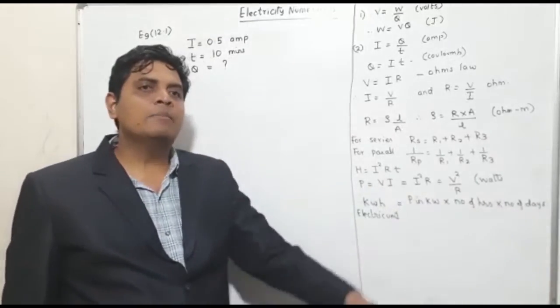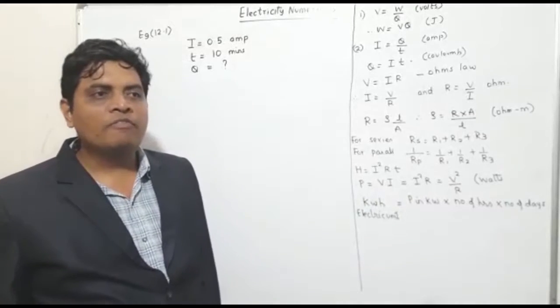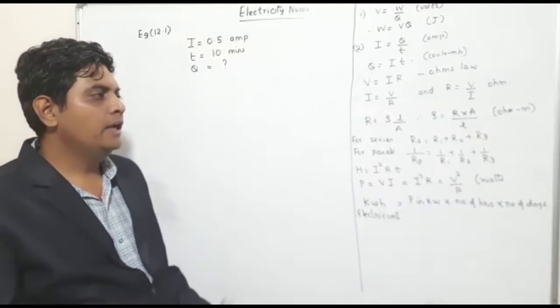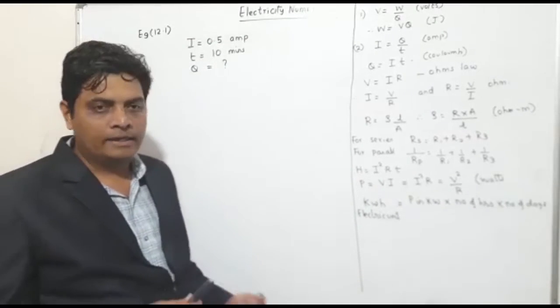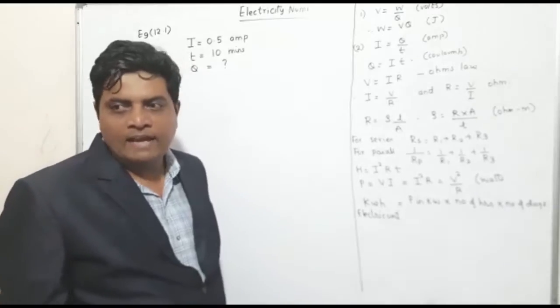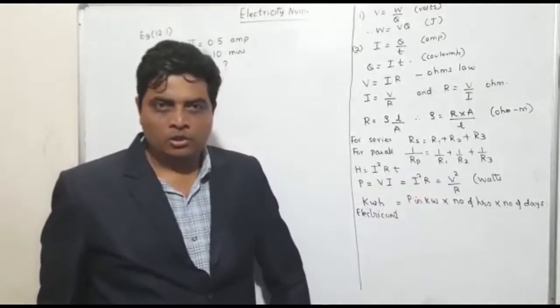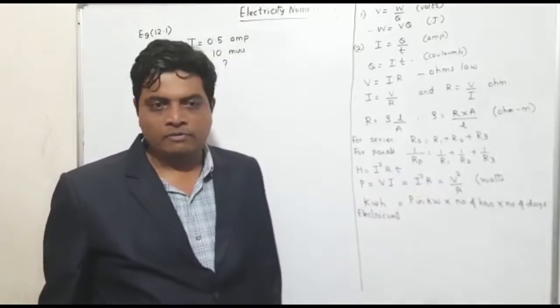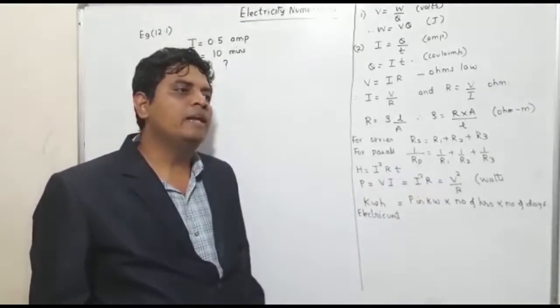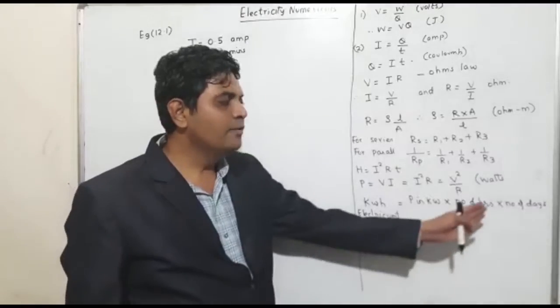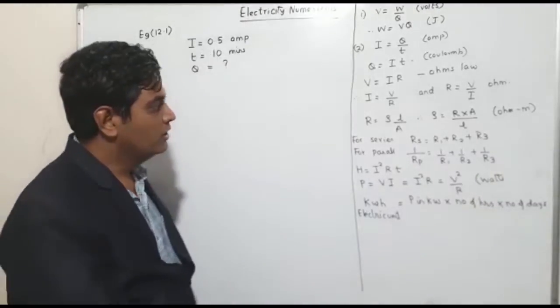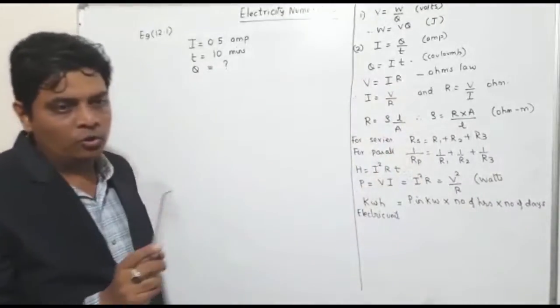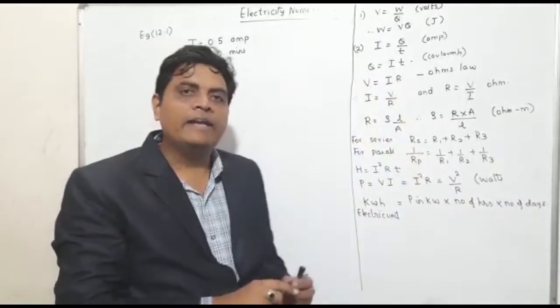But if say it is in the month of April, how many days are there? Say it is 30. Okay, so if 30 days are there, then you will multiply it by 30. If 31 days are there in a particular month, you will have to multiply by 31. If it is given in the month of April, it is used for 15 days, then you will multiply by 15. So if you know these formulas thoroughly, these sums are very easy.